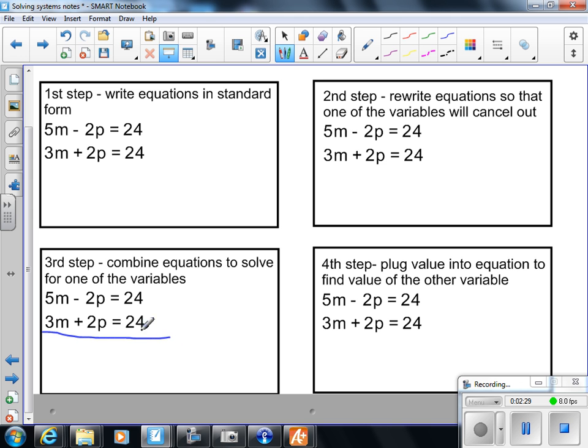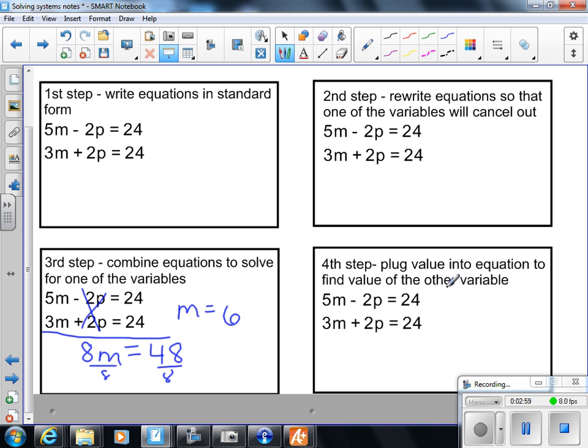Combine them. So here's where the math comes into play. 5m's plus 3m's gives me 8m's. These cancel out, which I wanted to happen, equals, what's 24 and 24? 48. Okay, divide both sides by 8. What's m? 48 divided by 8. 6. All right, now that I know that m is 6, I'm going to go to my fourth step